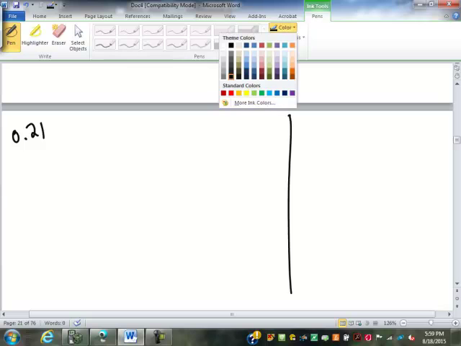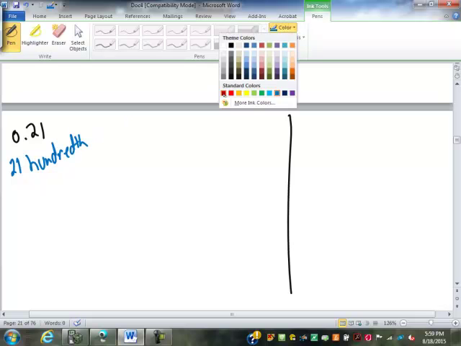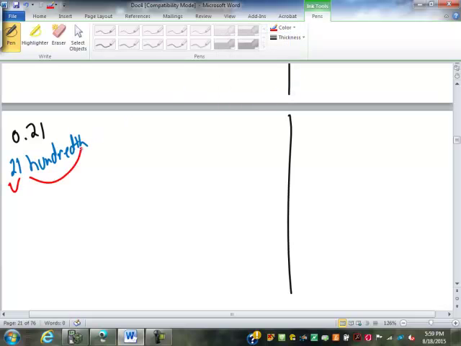0.21. Now the formal way, the actual way you would pronounce that would be what? 21 over 100 or 21 hundredths. And when we write it out that way, it's obvious to see what's the count and what's the name. So if I'm adding decimals,